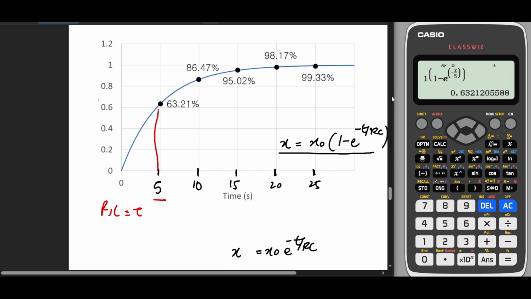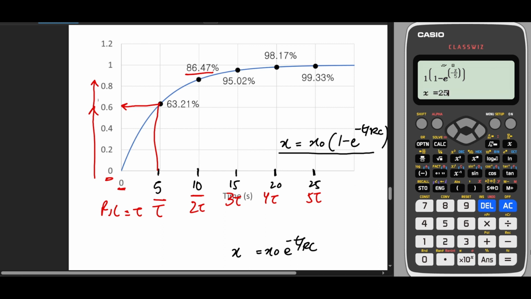So at the very first time constant, we get up to 63% of the original value, which was 0. 0 up to 63. Then 63% of that will be 86. So to press calc again, we go to 10, the second time constant, we get 0.864, which is 86.4%. So this is tau, this is 2 tau, this is 3 tau, this is 4 tau, and this is 5 tau. So you will notice up to the 25th or the 5th time constant, if I calculate this as 25,